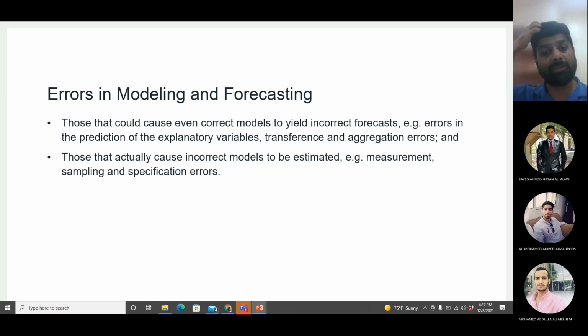Now, why will the model be incorrect? The equation which you are developing will be incorrect. It can be because you did not measure the variables correctly before you developed the equation. Equations are developed on the basis of data. So if you did not measure the data correctly, then your equation will not be correct. I'm talking about the data which will be used for developing the equation. So if your method of measurement was not correct, then you collected the variables and tried to develop an equation on the basis of that. The equation obviously will not be correct.